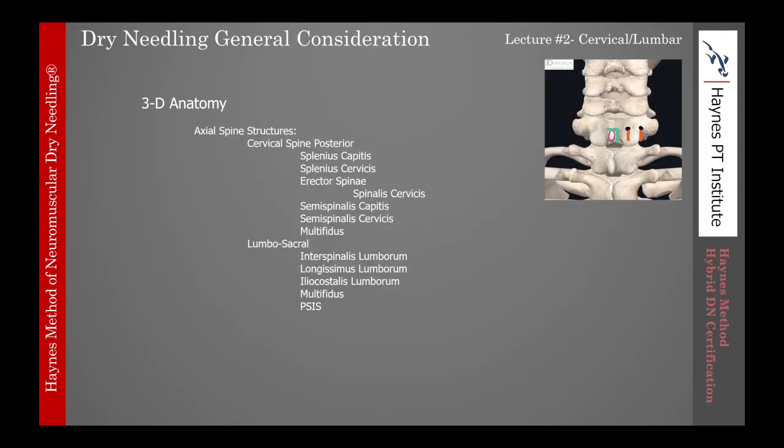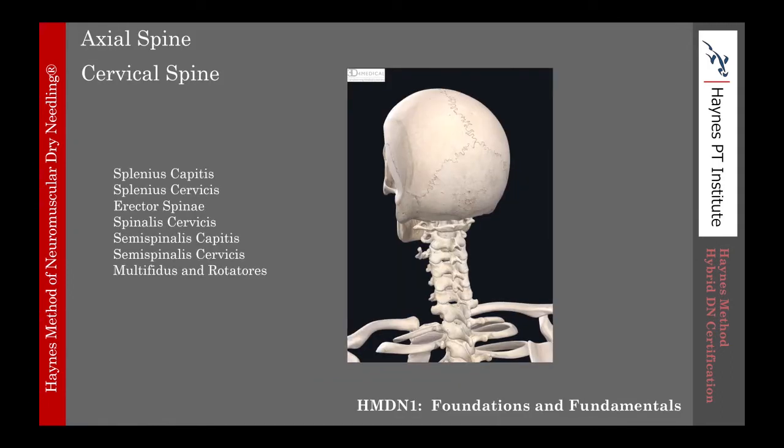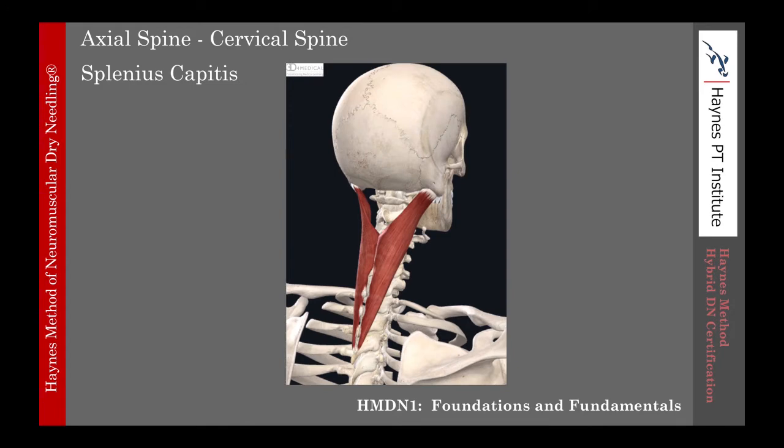So let's dive into some three-dimensional anatomy. Here we will take a look in the cervical spine. 1, 2, 3, 4, 5, 6 structures here, and then we'll drop into the lumbar spine and look at 5 structures there. So in the cervical spine, first we'll take a look at Splenius Capitis, and we'll just go through the nuts and bolts of the muscles here,